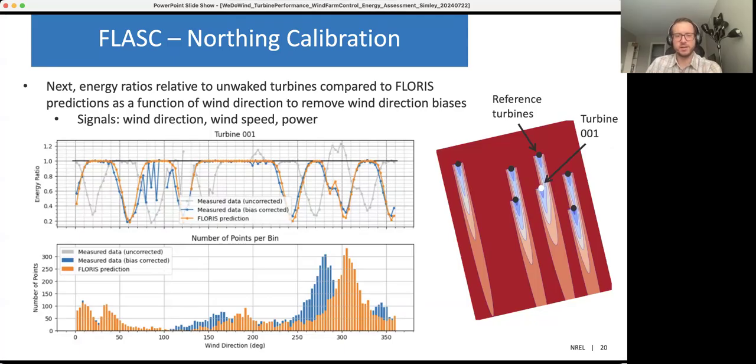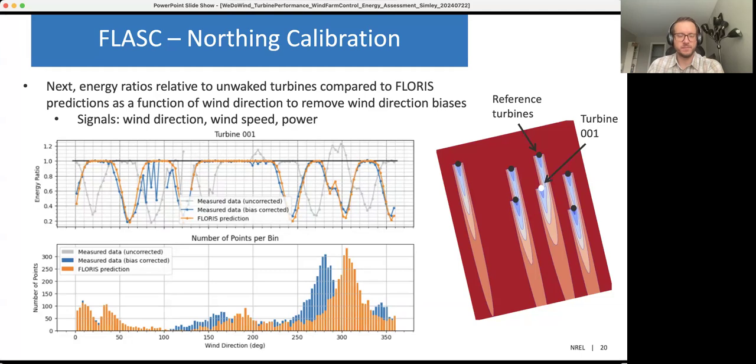So this suggests that the wind direction measured at that turbine is not calibrated to true north. So it has some offset in it. So then we can add different offsets to that wind direction, recalculate the energy ratios, then calculate the correlation between that signal and the Flores predicted signal, and then just keep applying offsets and find where the correlation is maximized. And then that will tell us what offset we need to apply to the nacelle position to calibrate it